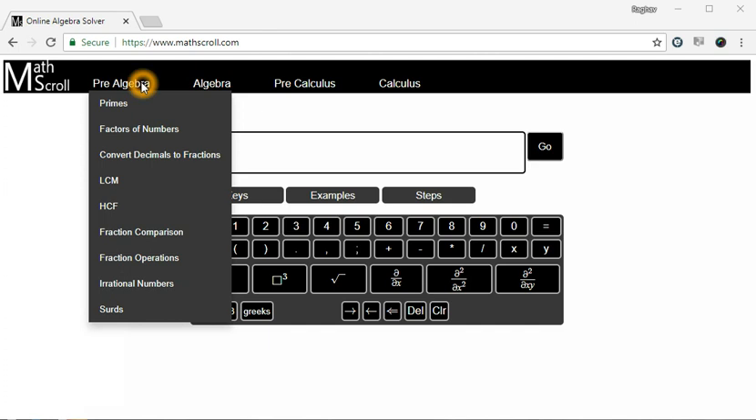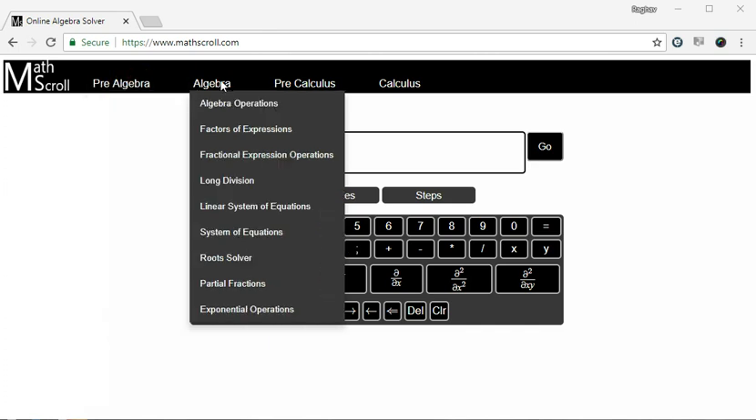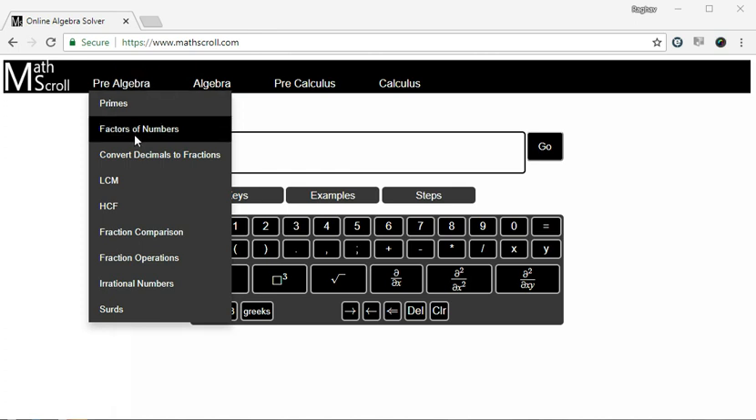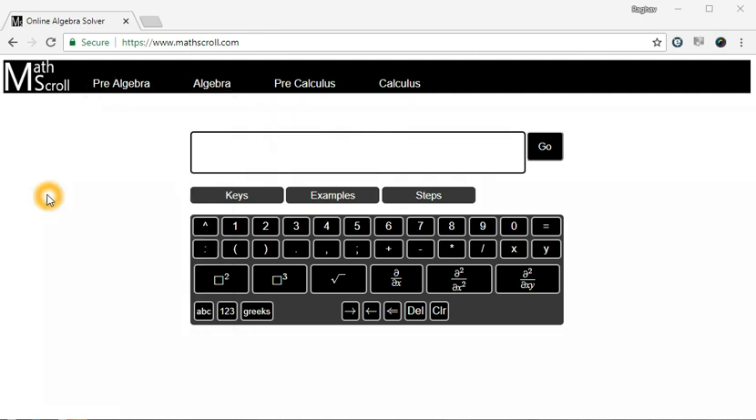In the menu bar at the top, you have these subject areas, and as you hover over them, you see the underlying concepts of these subjects in the drop-down box. We'll come back to it later, but for now, in the body of the application, you have the input box where you can punch in any math expression or equation that you'd like to solve, and underneath you have this